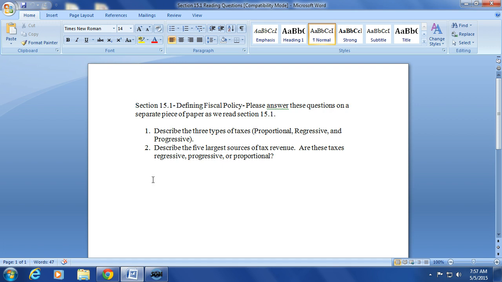And then finally you have the sales tax. The sales tax ranges between like 7 and 9%, somewhere around there. Most economists consider it regressive. Even though the poor pay the same percentage as the rich, they are going to be paying a larger percentage of their income, and that goes back to the example I was talking about with number 1. All right, so go ahead and take down those descriptions for those 5 sources of tax revenue,